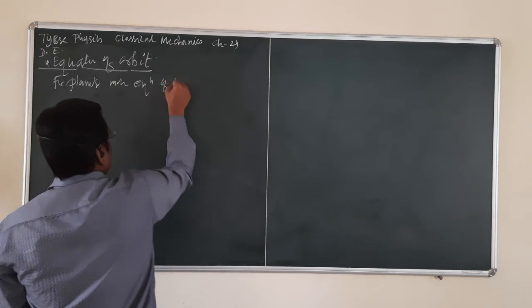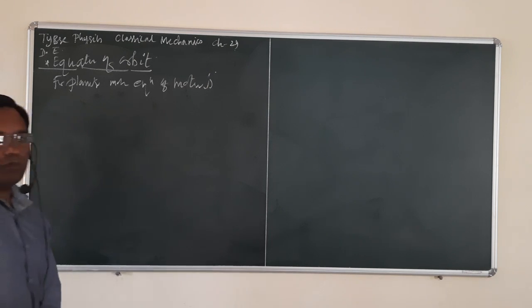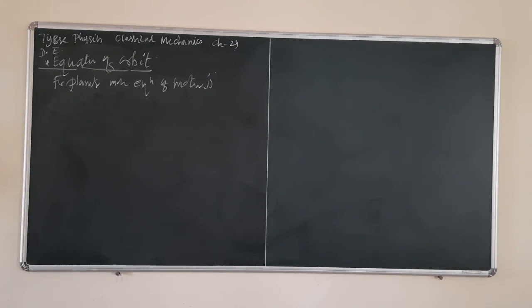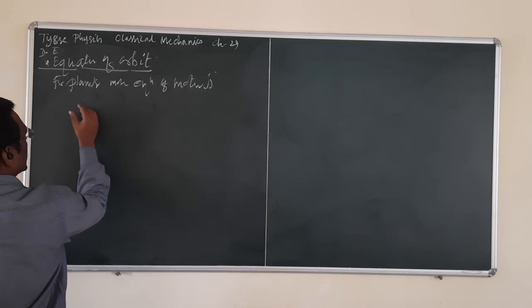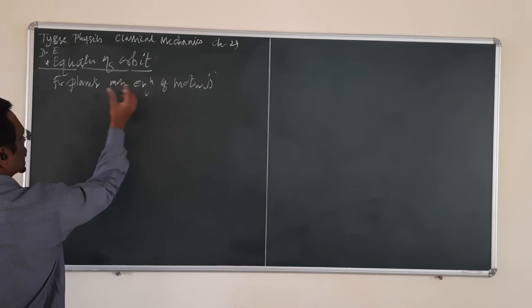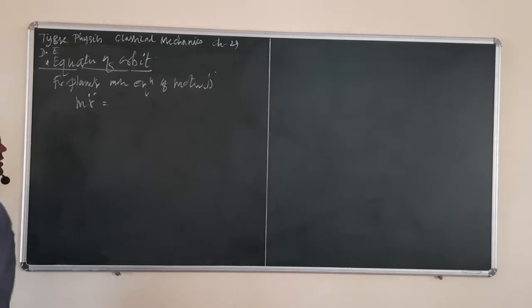The equation of motion is nothing but the differential equation, which is linear homogeneous second order, which tells us about the relation between the dynamical variable and forces. So in the differential equation of motion for planetary motions, we know that m r double dot is the force,